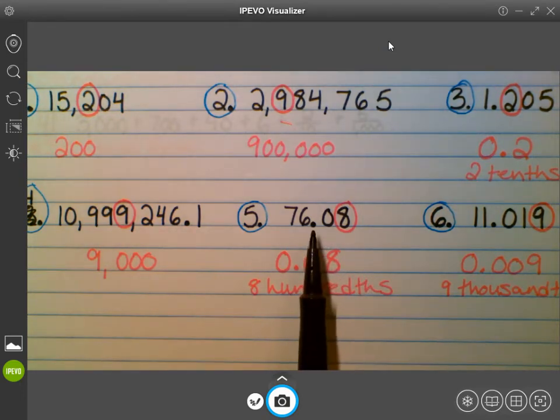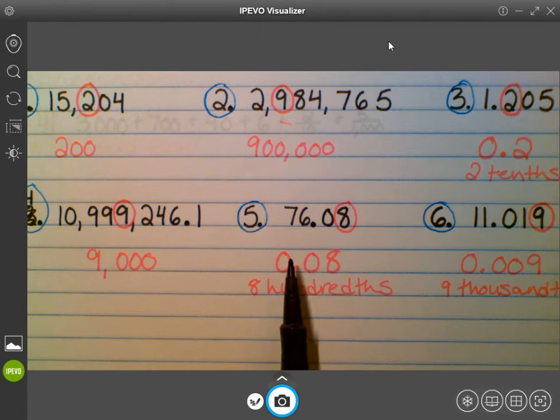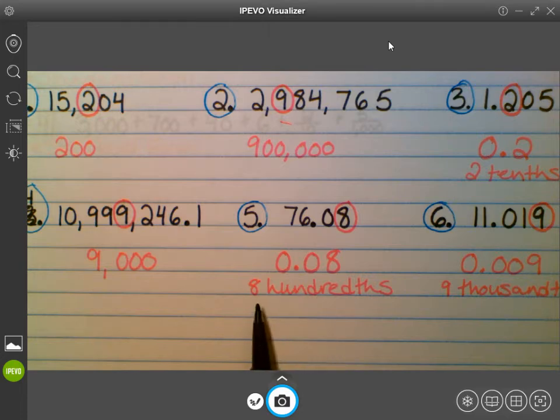Number 5, the 8 was circled. So again, we started our decimal, and we're going to the right this time, not the left. So it would be tenths, hundredths. So the 8 is in the hundredths place, which means its value is 8 hundredths. So you could have written that by making the rest of the numbers 0, 0.08, or you may have written out 8 hundredths. Now, if you wrote out the word hundredths, I also want you to write 0.08 so that you recognize that this way of writing it, 0.08, is the same as writing out 8 hundredths. So I also want you to write the number form